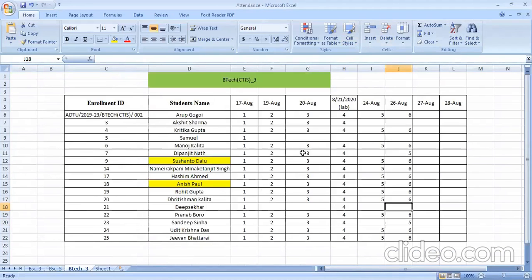In this sheet, I'm maintaining the records of your batch. This is your attendance. So here, what am I maintaining? Enrollment ID, student name, and this is for August month. Your class started from 17th and it will continue till 31st. So for the entire month, for as many classes as you will have this month, I will be maintaining your attendance. So here, enrollment ID consists of characters, it is character data type.